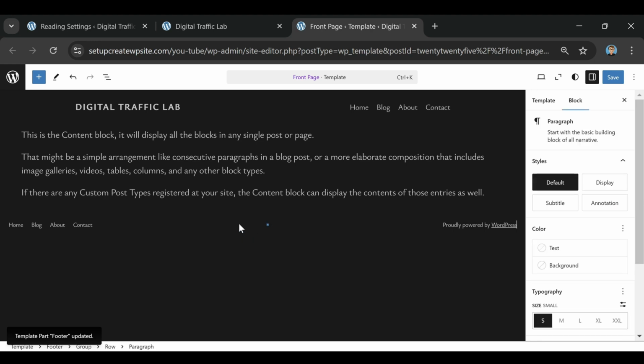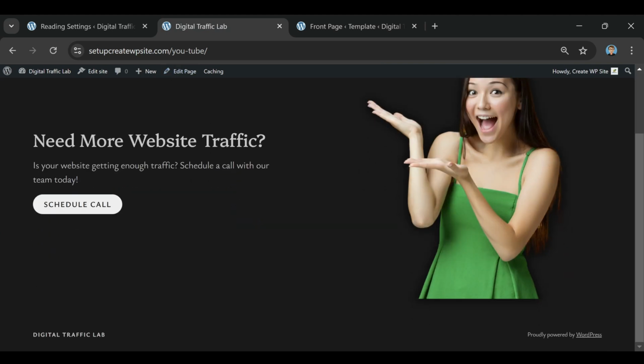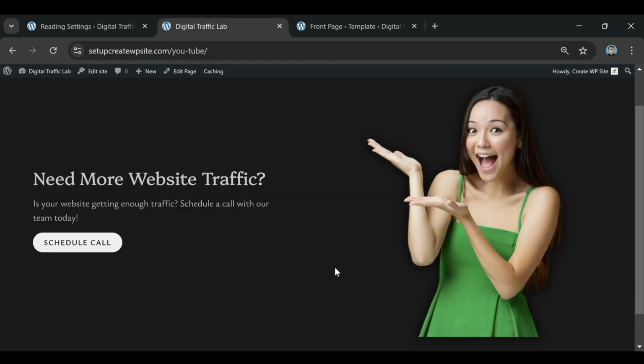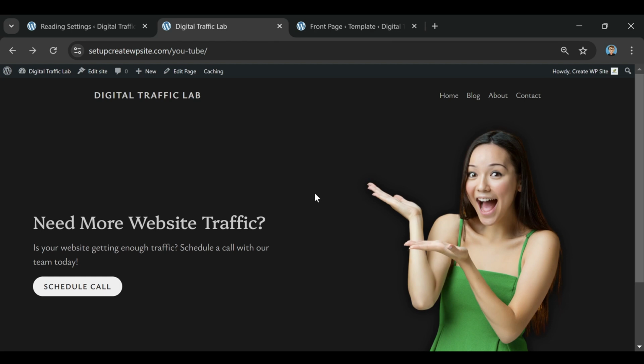I like that. So now if we go back here to our dashboard and we just refresh that and scroll down, you'll notice that that big footer that was there before is just gone, and it's something a lot more simple now, which I feel like gives it a really great look. And this is basically where you can make your choice whether you want to just keep it really simple like that, or if you decide maybe you want to add more content to this,